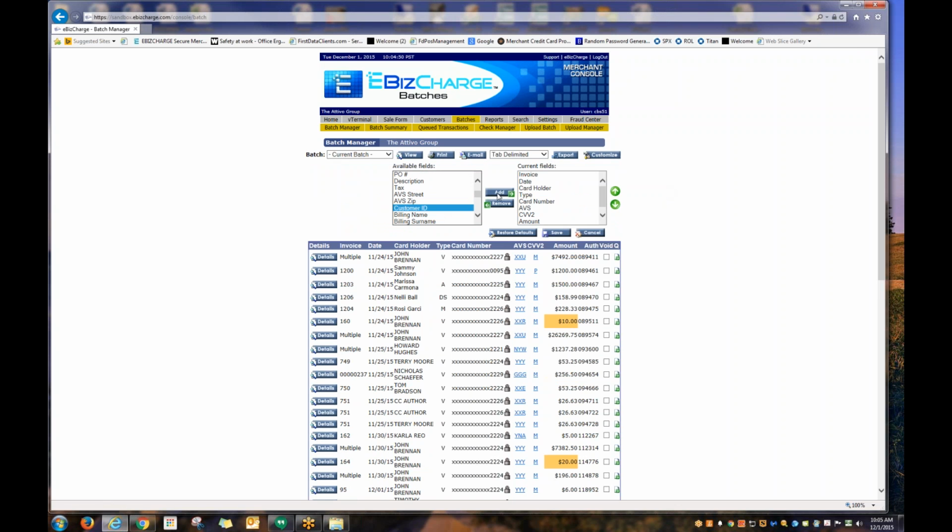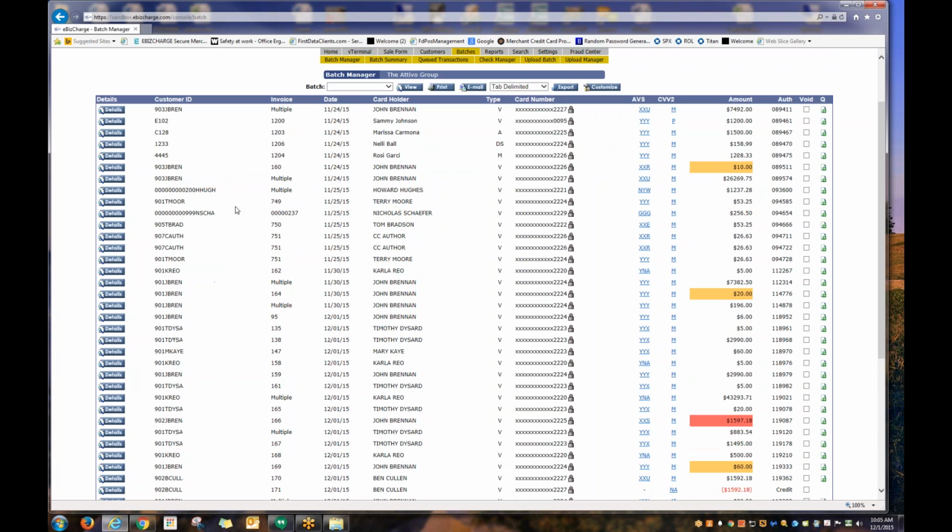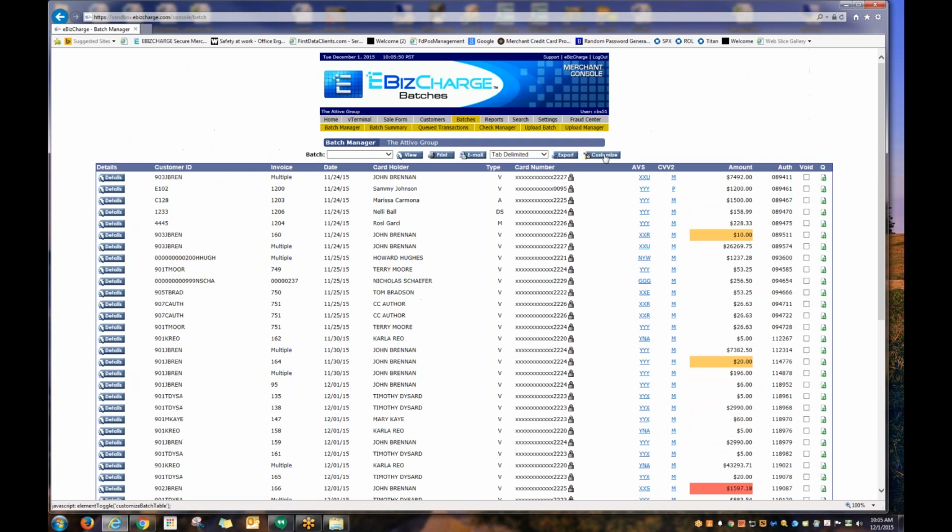So I'm going to go ahead and highlight it, click the Add button to the right. Now I'm going to use the green up arrow to place it where I want to see it in my view. Come down here and click Save and check that out. Now we've just added the new column, the customer account number. Pretty nice. Okay, so the more you customize, and this is per user, so not everyone will have the same view, which makes it nice. Whenever you change it, it's going to carry on over, so when you go to put it on Excel, also